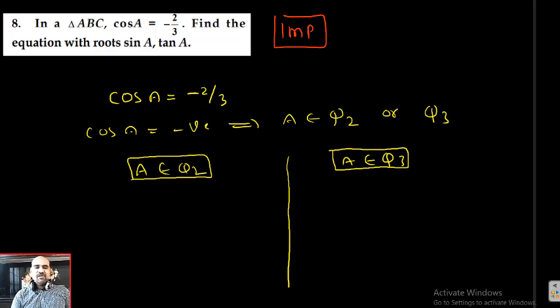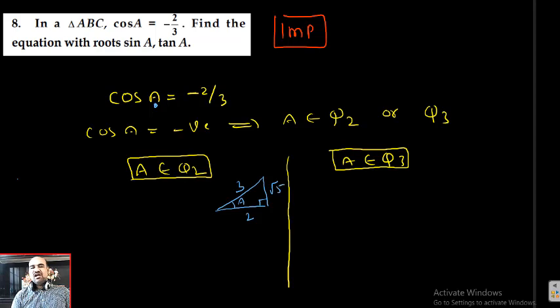How to solve this type of problem, students? Actually, cos A equal to minus 2 by 3 means using the unit circle concept only, you can find the remaining trigonometrical ratios. But in an examination, by using a small right triangle, you can find them. Actually, we will assume that A is acute. Here A is not acute, since cos A is minus 2 by 3, A is obtuse only. But just assume that A is acute, and complete all the sides of a right triangle. Cos means adjacent side by hypotenuse. So obviously the third side is root of 9 minus 4, which is root 5, I think.